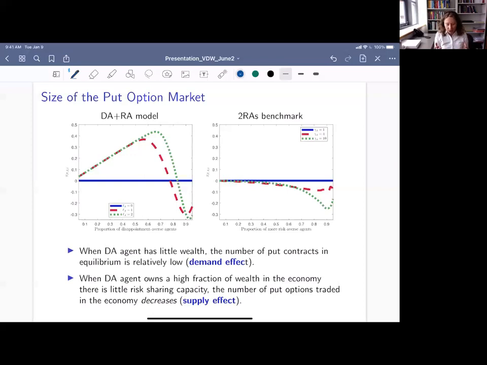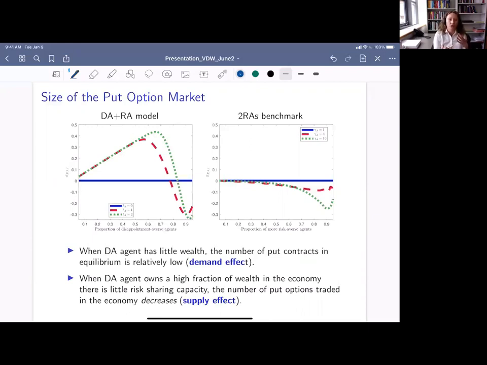We get a very similar picture if we do it for relative wealth at any point in time that's not zero, if you move the economy a little bit later. Once again, by using these available assets, the agent invests in the two risks according to the desired exposures. The derivative that we consider here is this one-month out-of-the-money put option. When you look at the low values, focusing first on the left graph, we see this hump shape here. For the low values of the x-axis, the DA agent has little wealth, right?